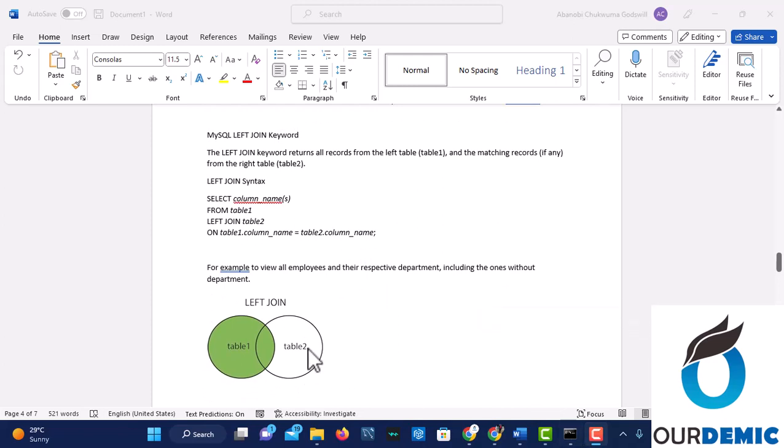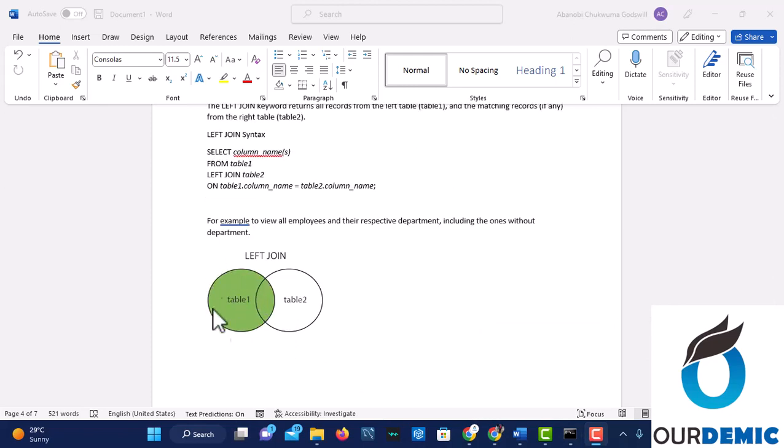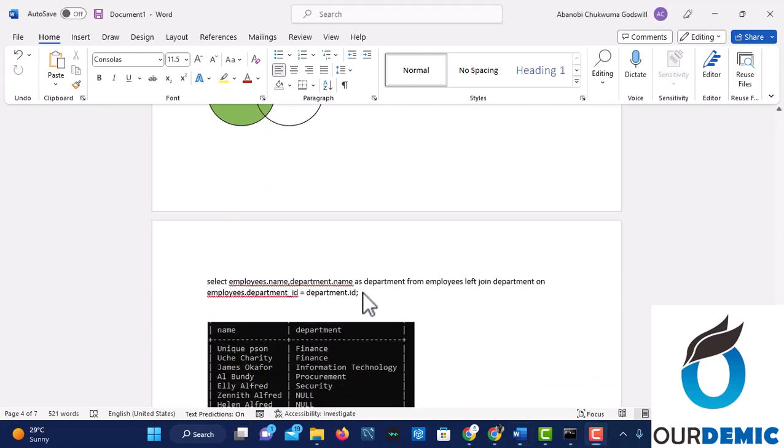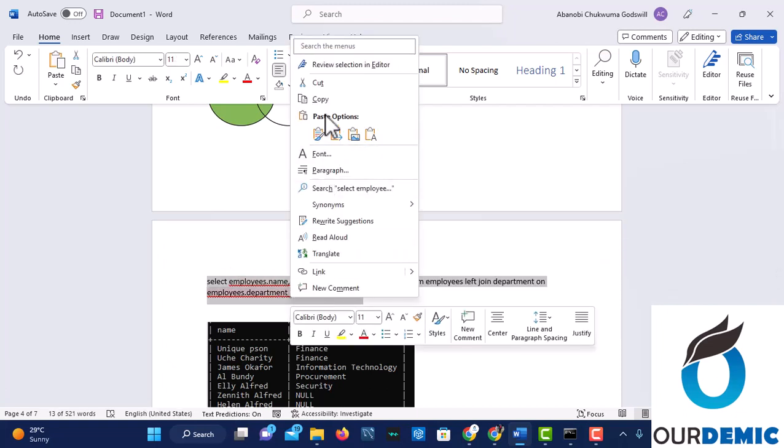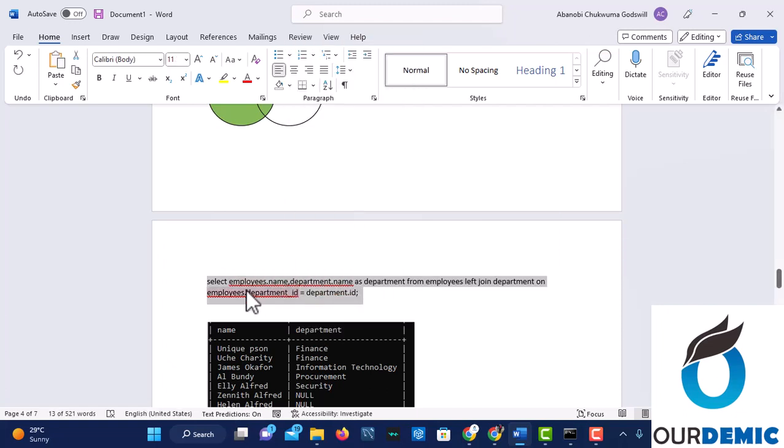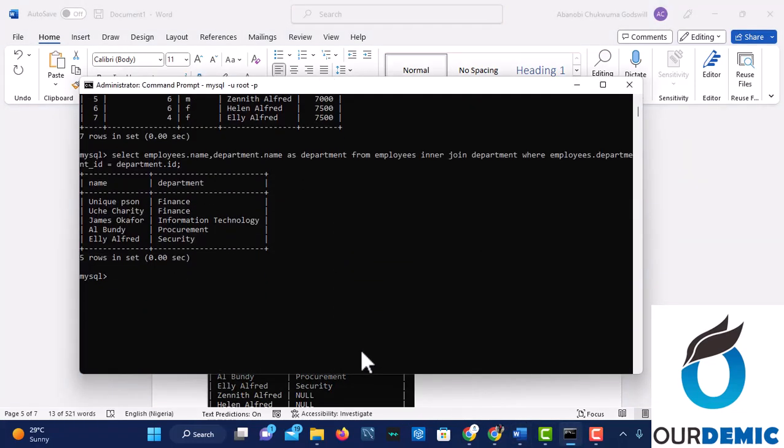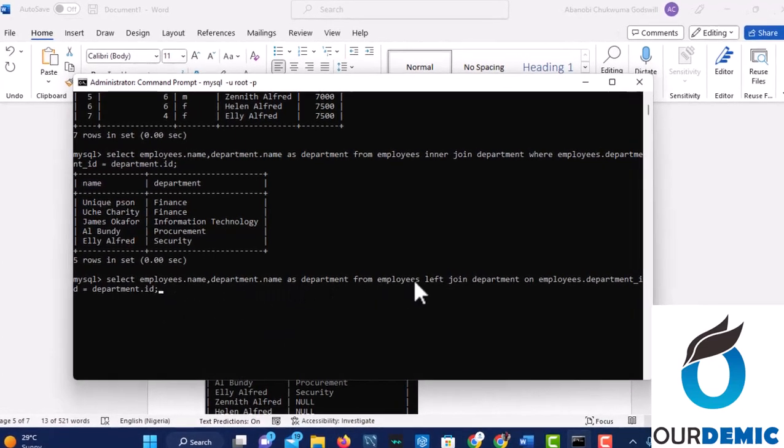MySQL left join, we select everything on the left table and the ones that matched it from the right table. It will select all employees and their respective departments. It will even select employees that don't have a department. Let's see. This is the query. Select employee name, department name as department from employee